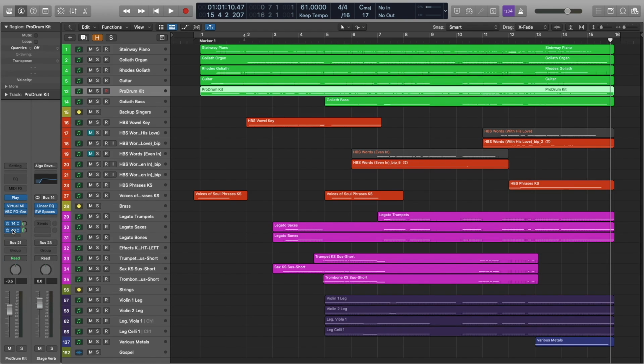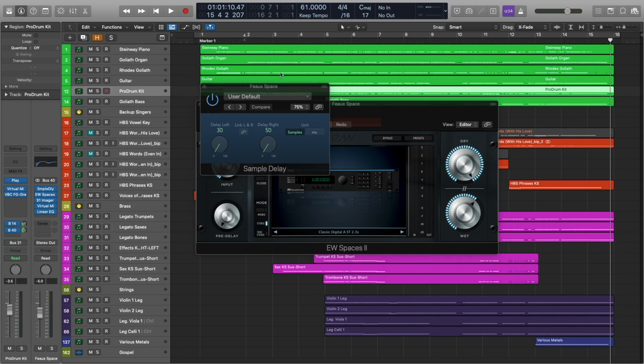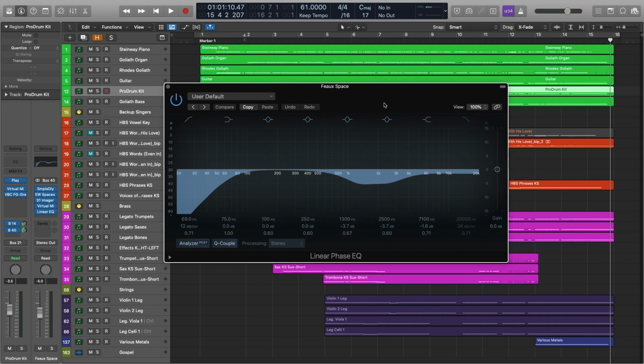Now, there are a couple things happening with the drum kit. We are also sending the drum kit to the stage reverb, but we are also sending it to a channel strip that I kind of call the faux space channel strip. I really like it for drums, and I actually got this channel strip setting from another mix engineer who kind of specializes in pop and rock mixes. And before it hits this reverb, it's going through a sample delay that sort of spreads the signal out, and then it hits the reverb, and there is some EQ on the back end as well.